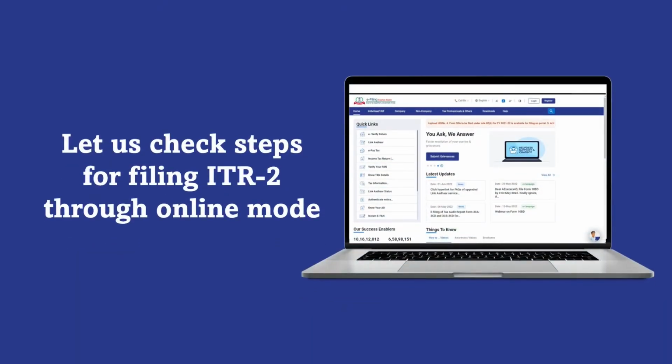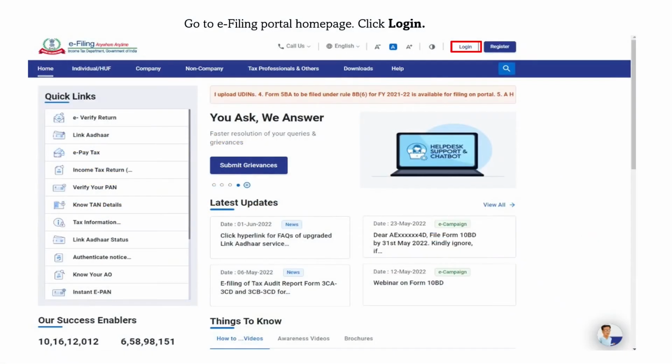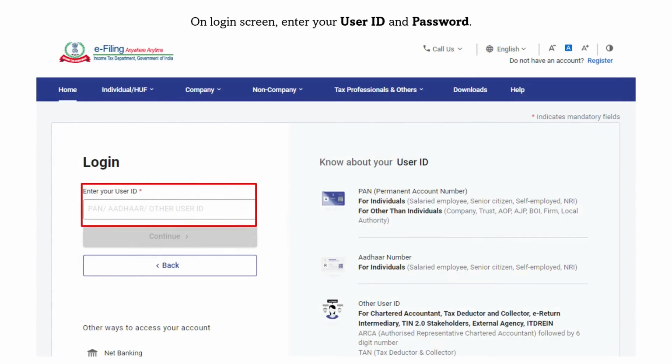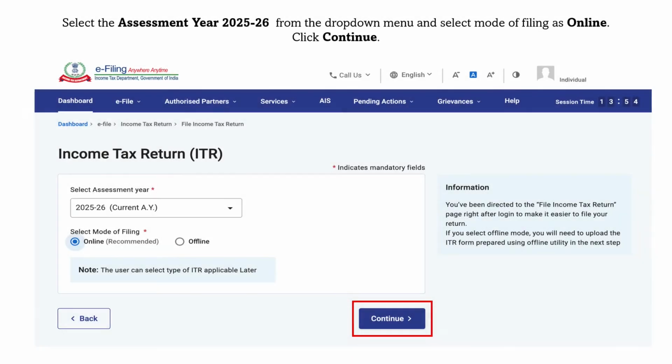Let us now check steps for filing Form ITR2 through online mode. You must first go to the e-filing portal homepage and click Login. On the login screen, enter your user ID and password. Post login on the dashboard, click on e-file, go to income tax returns and then click on File Income Tax Return. Select the assessment year 25-26 from the drop-down menu and select the mode of filing as online and then